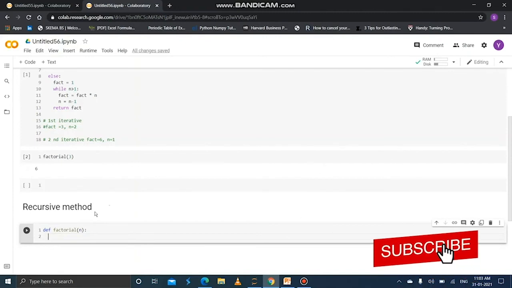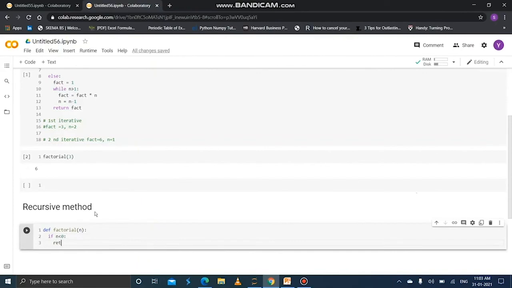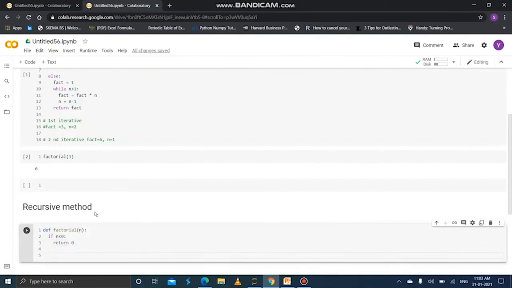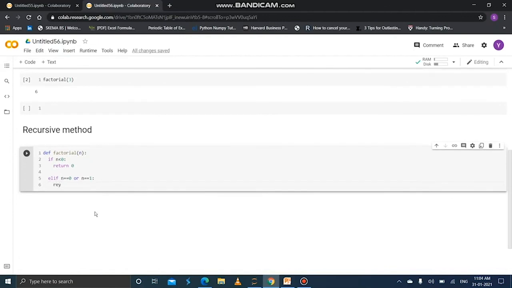Write the conditions which we have seen. If n less than 0, return 0. If n is equal to 0 or n is equal to 1, just return 1.